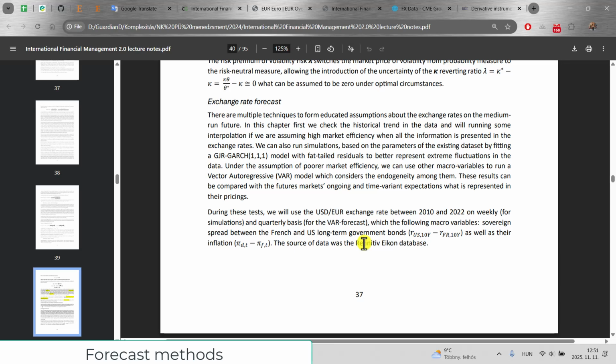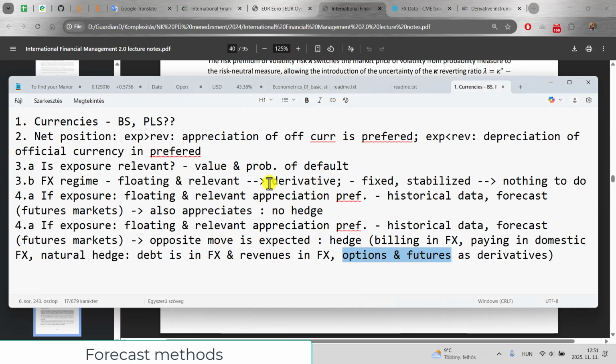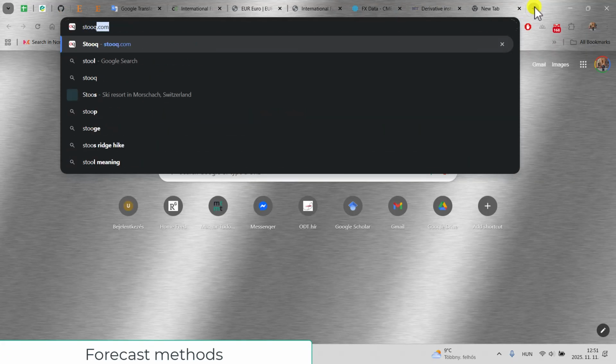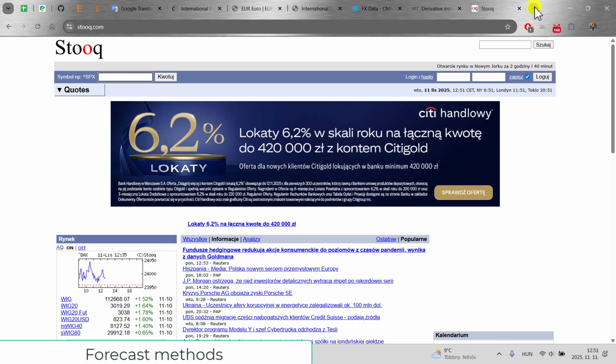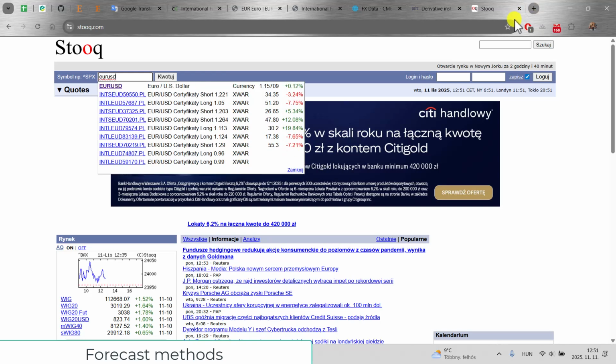Then, exchange rate forecasts. As I mentioned before, we have to see if it's a floating exchange rate, not a fixed or stabilized one, and we can go for a historical data set to see whether this is relevant. Can we expect appreciation at all? If we are just going for the euro and the US dollar,